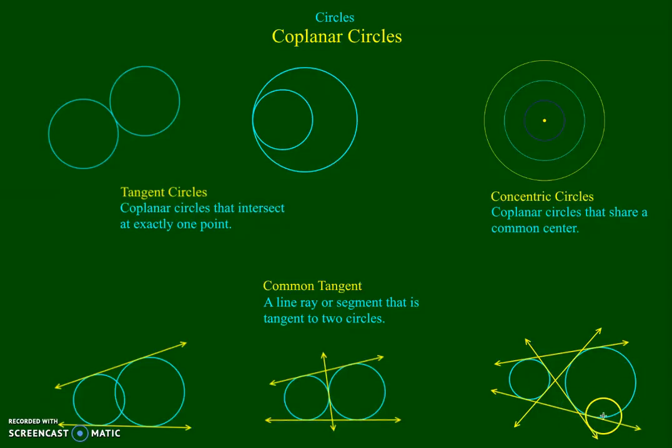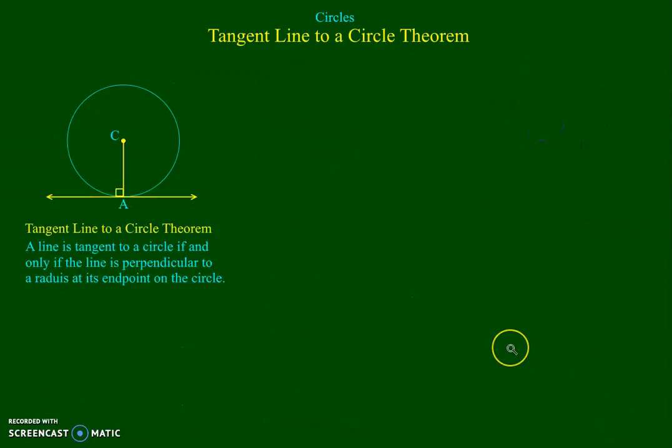Along with this idea of tangents is the next idea, which is going to be our first theorem, which establishes a more formal relationship and a clearer definition of a tangent to a circle. This is the tangent line to a circle theorem, and it states that a line is tangent to a circle if and only if the line is perpendicular to a radius at its endpoint on the circle,